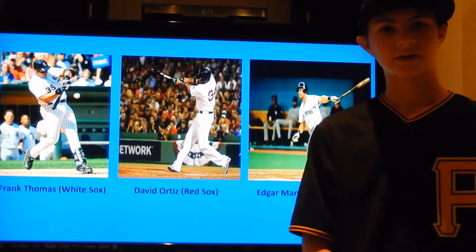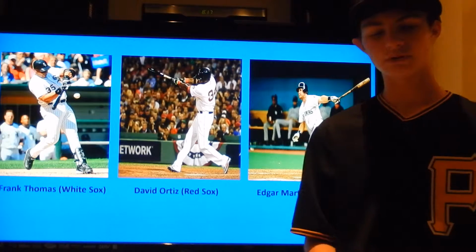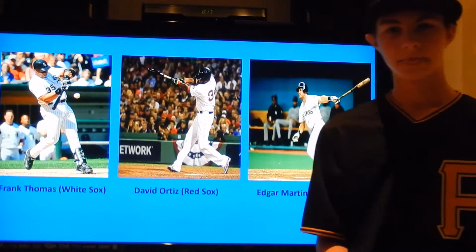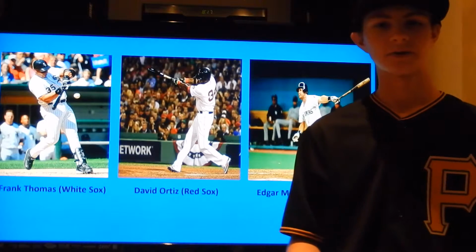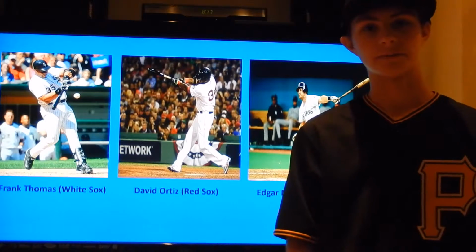Now, if there's nobody on base, they have kind of this known, understood circumstance where they say, just see as many pitches as you can. Especially when you have a very dominant pitcher on the mound, you want to run up their pitch count. And pitch count is a very big thing nowadays, especially in baseball.